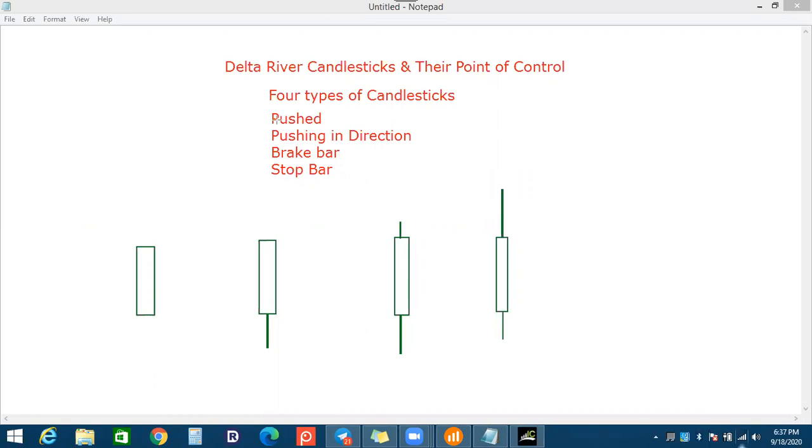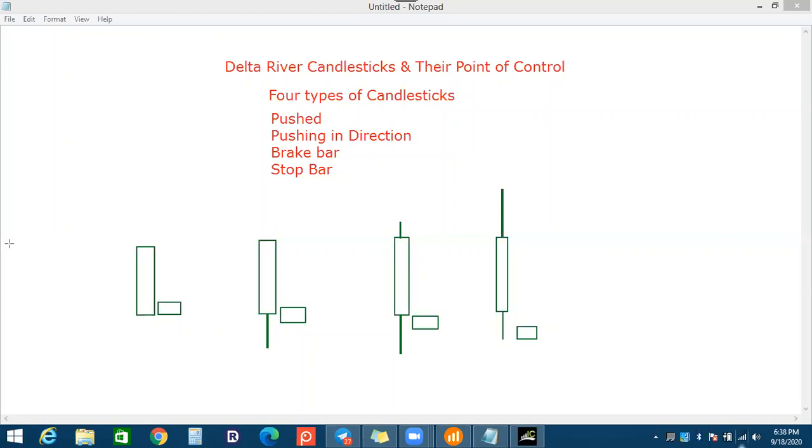So the push bar concept is that the highest volume is at the open price or below the open price. The highest volume will be quoted in a box in the Delta River. So this is the open price, highest volume at the open price. Highest volume, half on the open, half on the wick. Totally on the wick. Less on the lower point of the wick. So these points are what is called a pushed candle. It is a pushed candle.